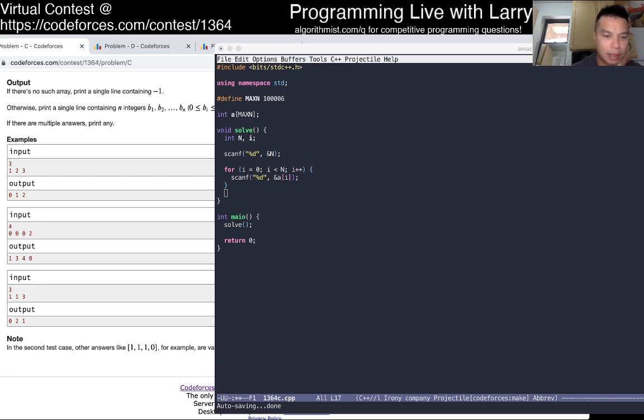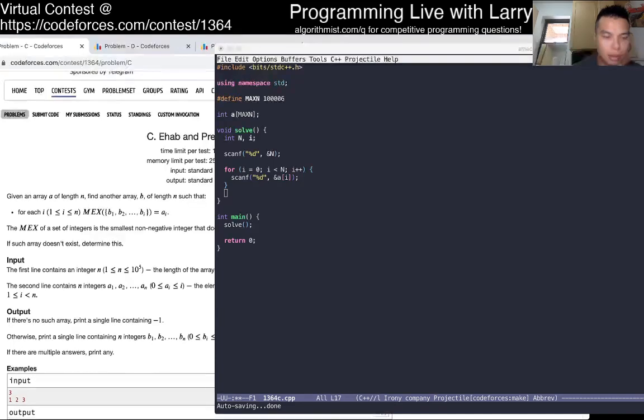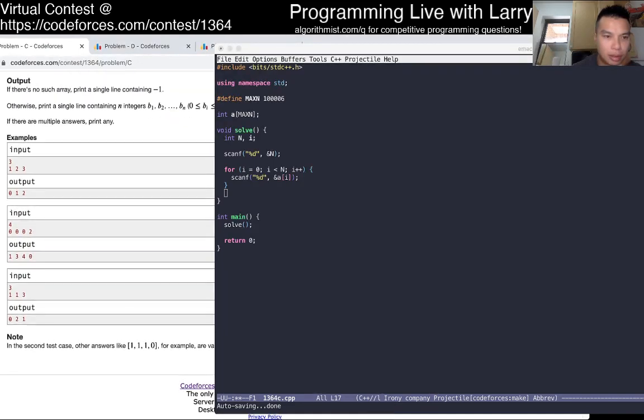Well, what's an impossible situation? An impossible situation is... Well, the first one has to be... So that means impossible situation is if n is greater than n.